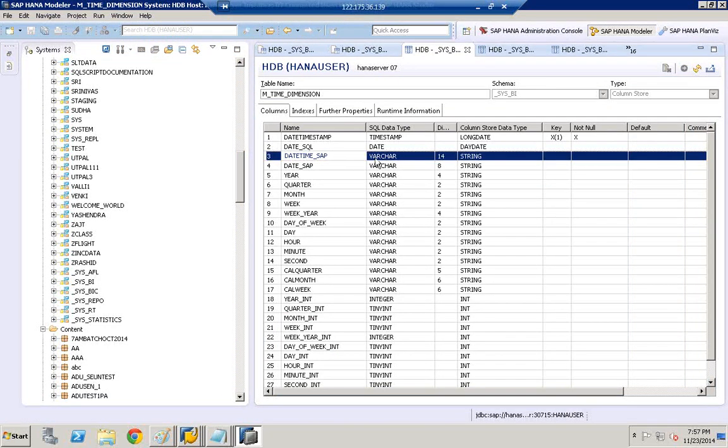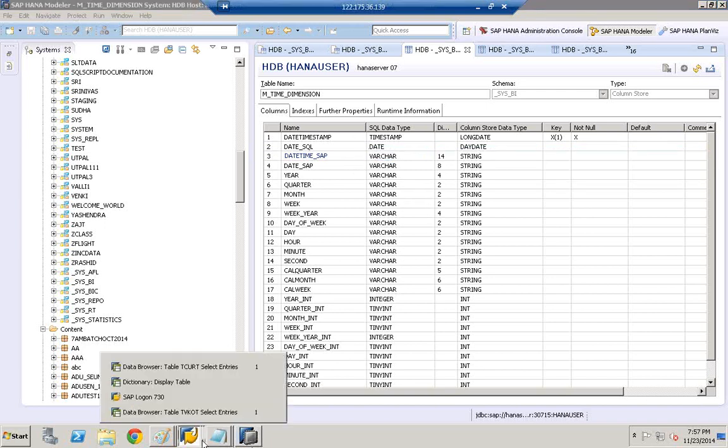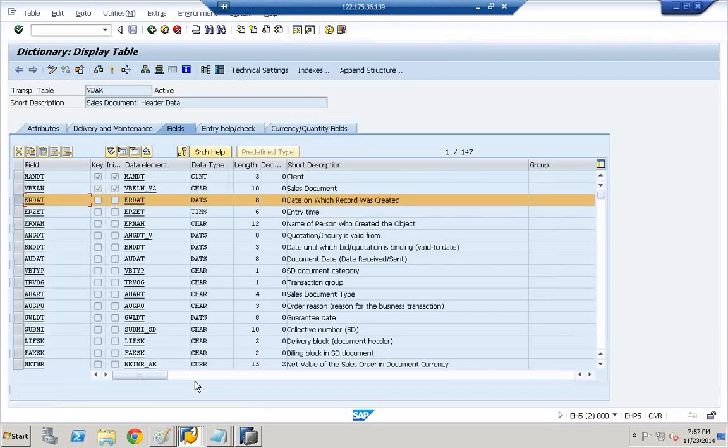So we join the primary key to the foreign key in the VBAK table, that is nothing but ER date. So this will be